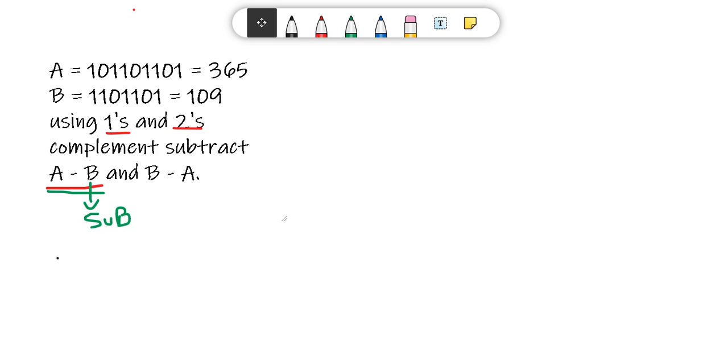First I'll do it using ones complement and then I'll use twos complement. The first step is to see whether you're subtracting a smaller number from a bigger number or a bigger from a smaller.